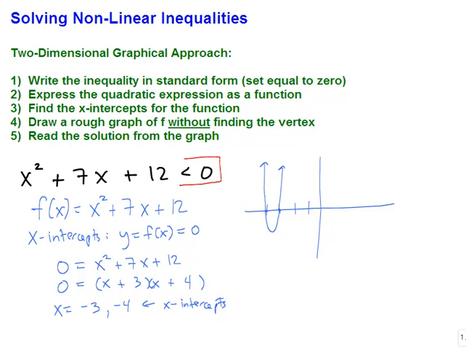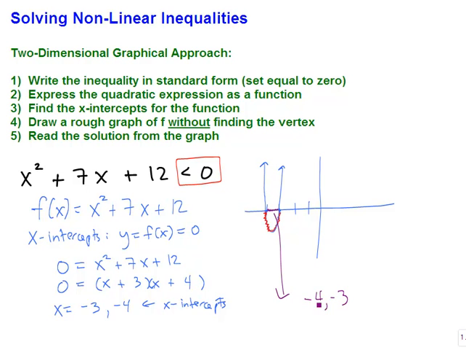And we determine that by looking at our inequality. We want to know where this parabola is less than 0. So a graph is going to be less than 0 if it lies below the x-axis. So the part of this parabola that's below the x-axis is all of this part right here. When we give our answer, what we want to give is the x values that would give us that part of the graph. And all of these values marked in red correspond to x values right in between -4 and -3. So our solution is going to be -4 up to